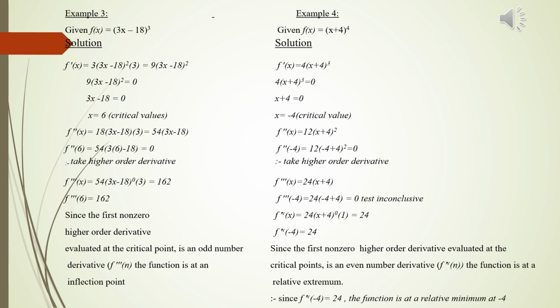So f double prime of x will give us what? 162 when you differentiate that. Therefore, let us evaluate the third derivative at that critical value. F triple prime evaluated at 6 is equal to what? 162. Since the first non-zero higher order derivative evaluated at the critical point is an odd number derivative, that means